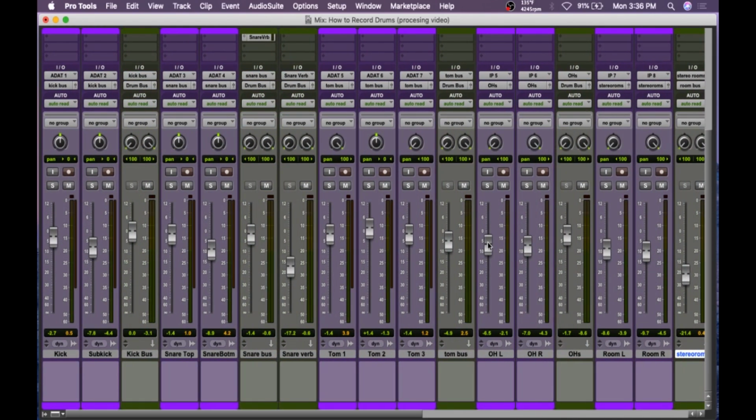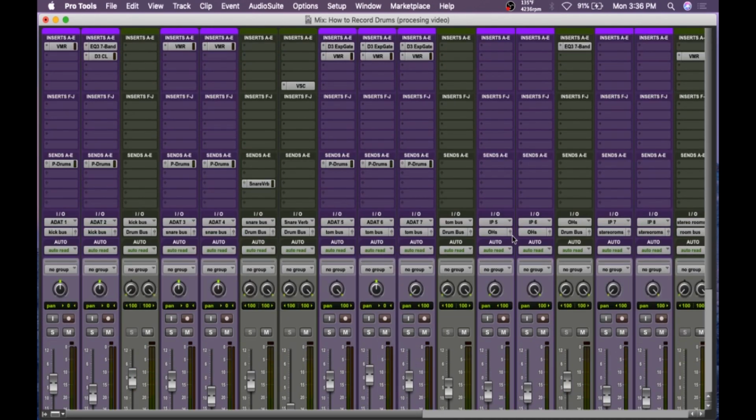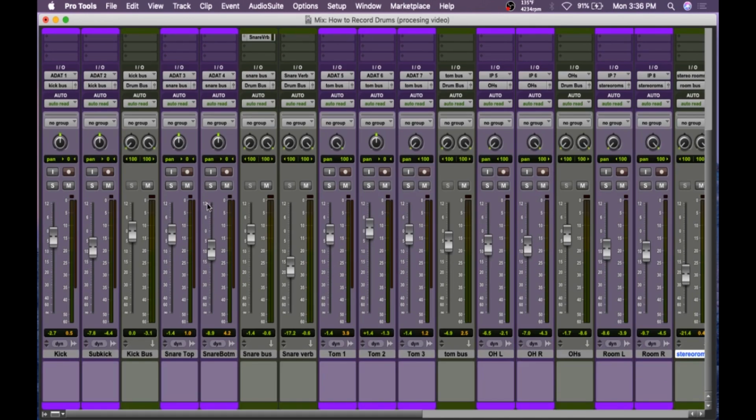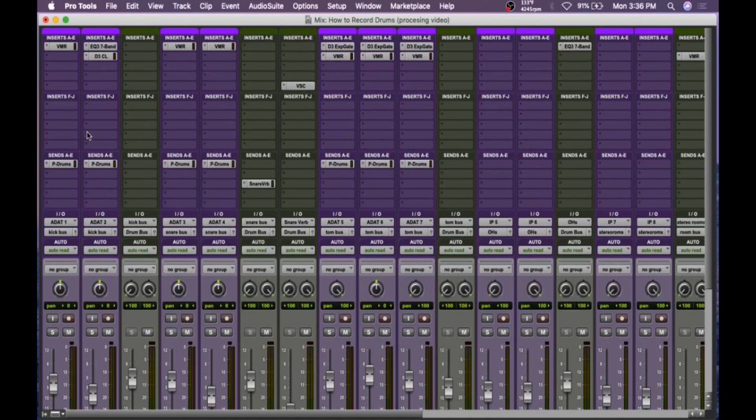Anyway, that's how I would normally go through and mix drums. Now we're going to go back and I'll go through all the moves I made. So obviously, just bringing the faders up to where I thought they needed to be. And then